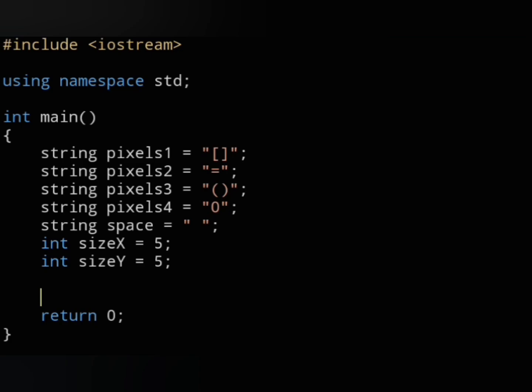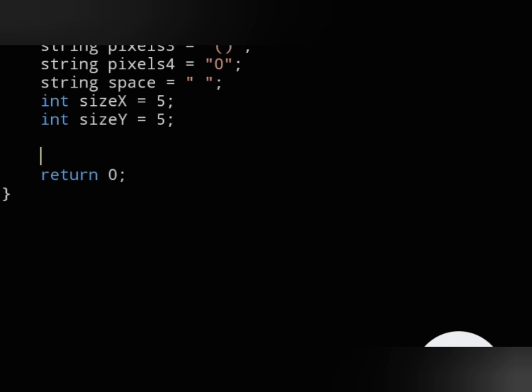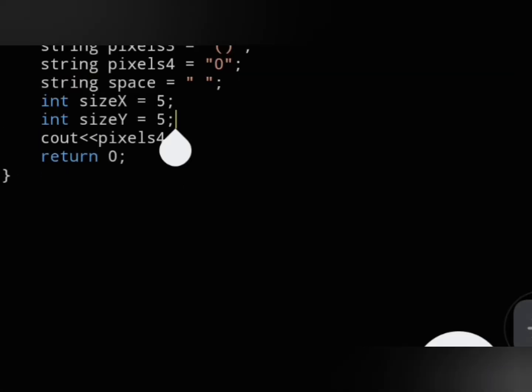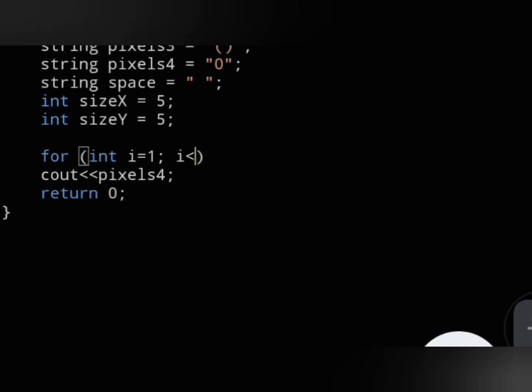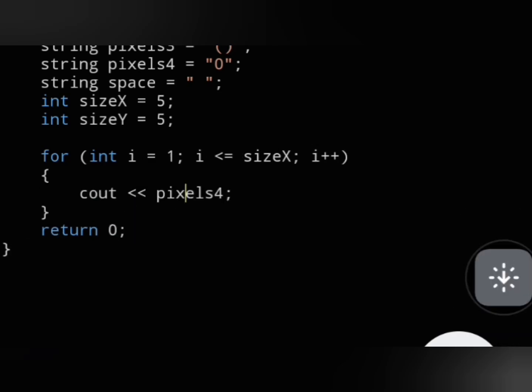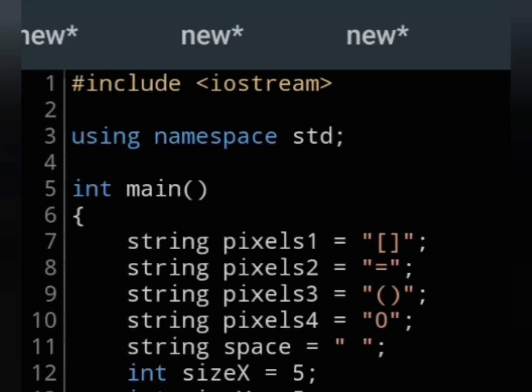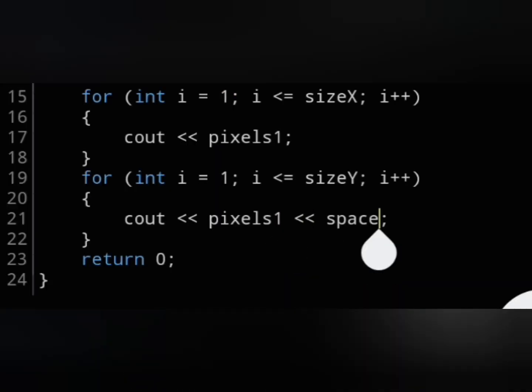What pixel am I gonna choose? There was pixel 1, pixel 2, pixel 3, and pixel 4. I think the building needs the pixel 1 because the building is a cube or rectangle. So let's program using the pixel 4. I'm gonna try the pixel 4 before the pixel 1. Okay, it's nice. Yeah, the pixel 1 is nicer. Let's program now with pixel 1.